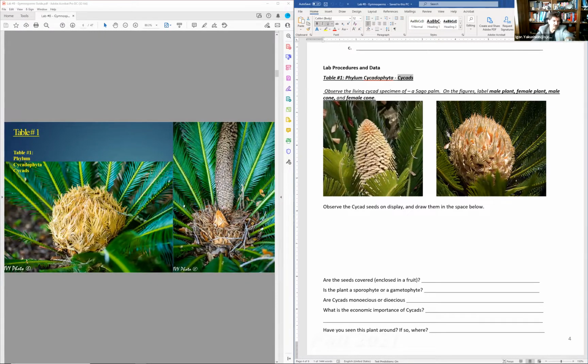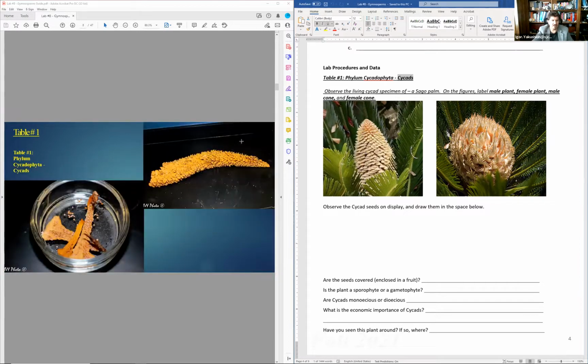Drawing, once again, you don't really have to draw. You can take the picture. So female, male cones, and this is what the male cone looks like. These are the microphylls, and those grains are nothing else but the pollen. As a matter of fact, pollen is relatively large for those ones. In some cases, it goes through the air, but in most cases, insects are the ones which carry it from one to another.